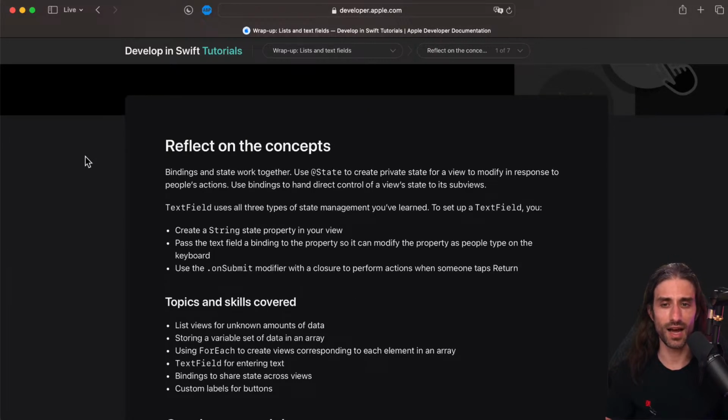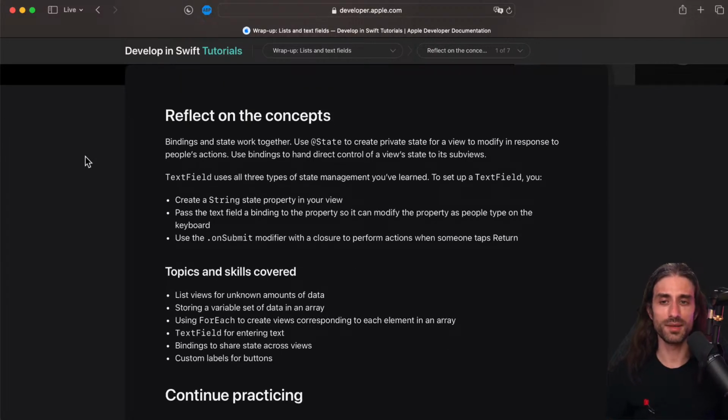So let's reflect on the concepts that we've learned. Bindings and state work together. You use @State to create private state for a view to modify in response to people's actions. And then you use bindings to hand direct control of a view's state to its subview.